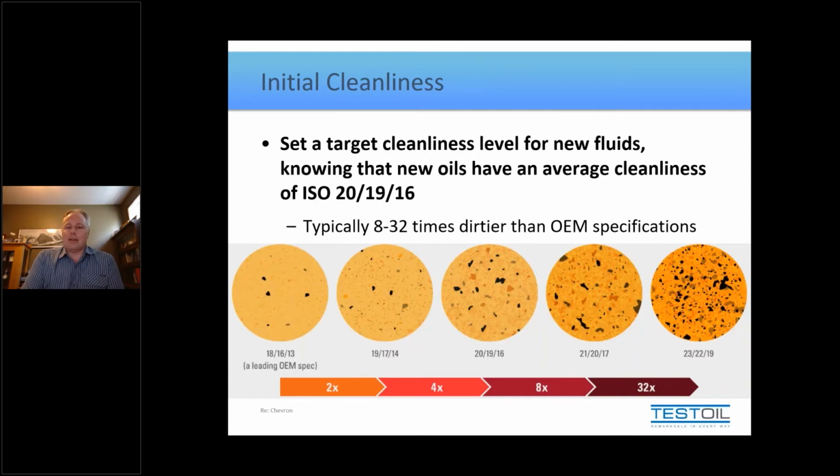Let's give them credit where credit is due. They took this oil out of the ground. They removed 99 point whatever percent of the dirt that was there. They left behind a little bit. So they have actually removed a significant amount of the contaminants that were in that oil to begin with. Now you're questioning, why did they leave behind that little bit? Well, say they actually did clean up your oil to the point where it could meet any OEM requirement going in. Their logic is twofold. One is that you would probably contaminate it through storage and handling practices and bring it back up to this level anyway. And two, the onboard filtration system will bring it into check.